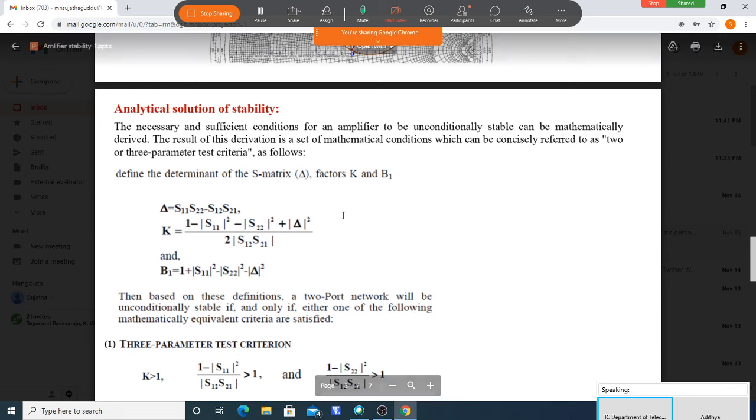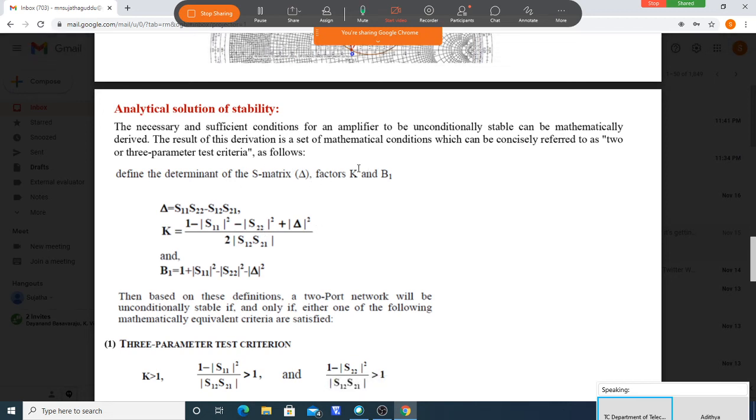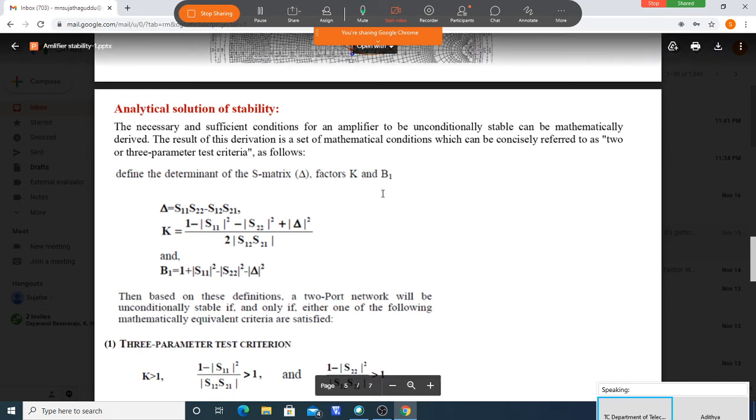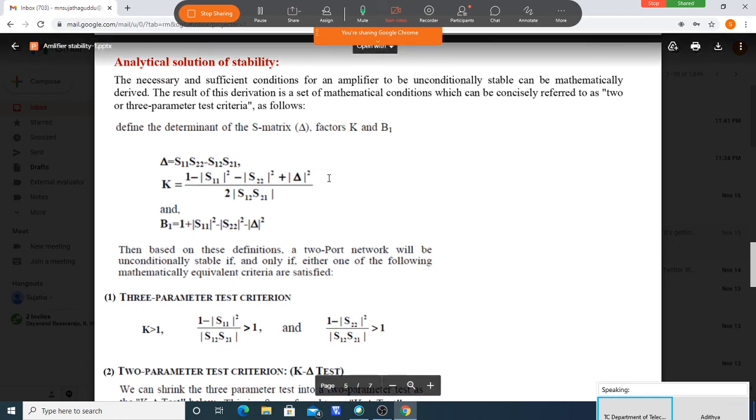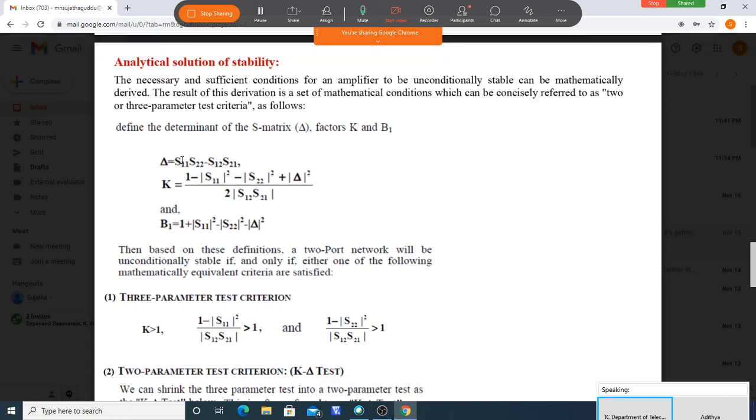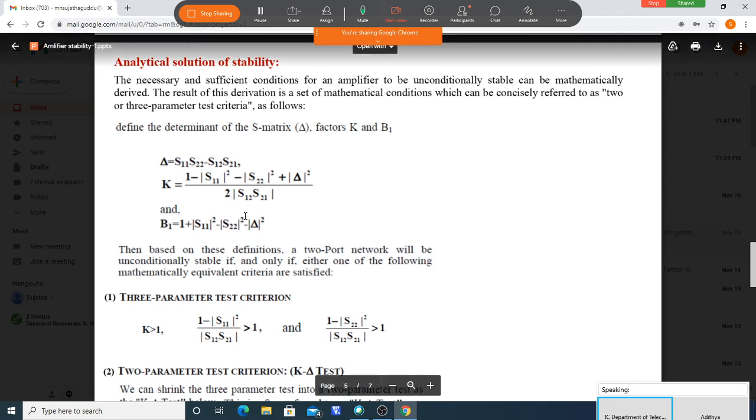Using the S matrix of the given active device, you can come to know whether all the values give stable operation or not. That is, Γin lesser than 1 and Γout lesser than 1. Here is the check you have to do. It is not a very big thing. You should calculate these parameters.